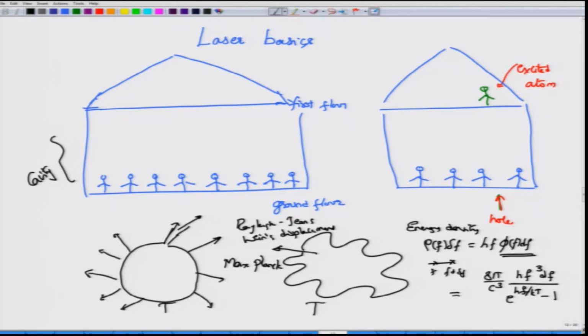Black body radiation, as we talked about, is a specific property of matter. But if you look at what matter is, matter consists of atoms, and these atoms typically have certain energies. However, in matter there will be different energy levels or energy bands. We will talk about energy bands later on, but intuitively, if you think of a single isolated hydrogen atom, for example, then the level n equal to 1 will have a certain energy, then n equal to 2 will have a certain other energy, and so on.